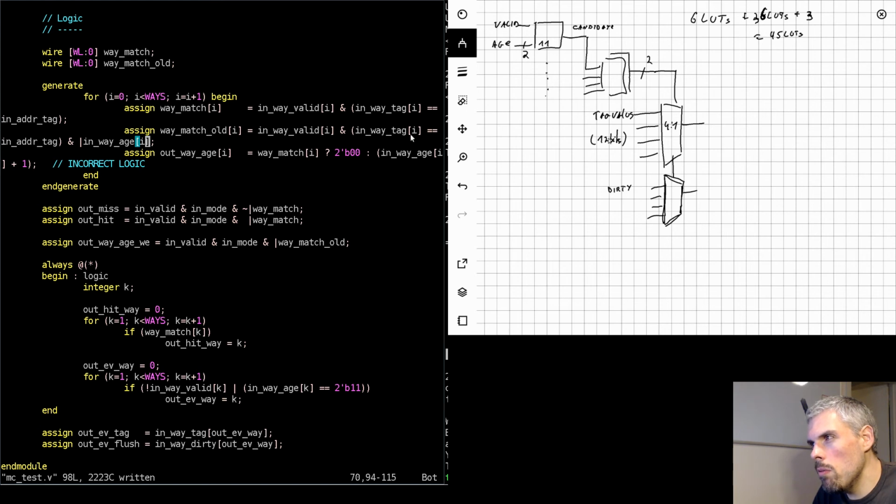A 12-bit 4-to-1 mux, yeah, you need 36 LUTs. Like, how did? Okay, well,